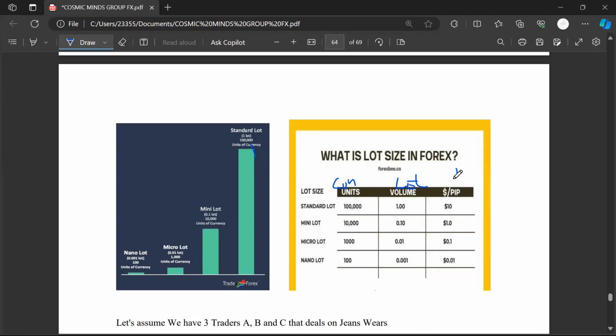$10. Now in the mini lot, which is 0.10, the amount that will come out for a pip is $1. Now when you take the micro lots,